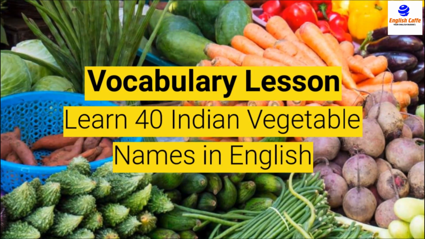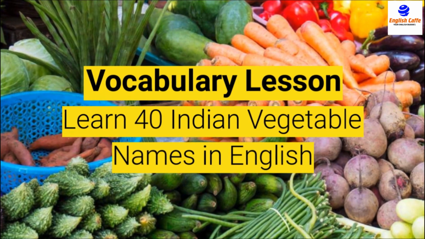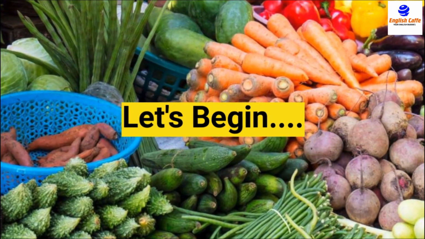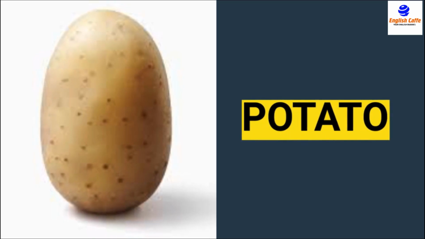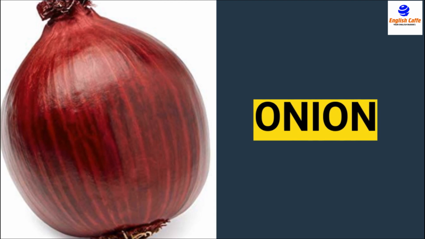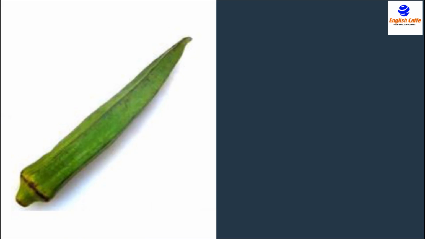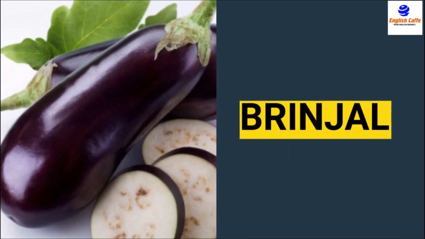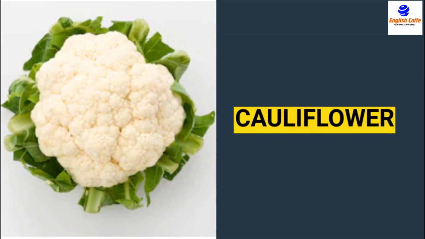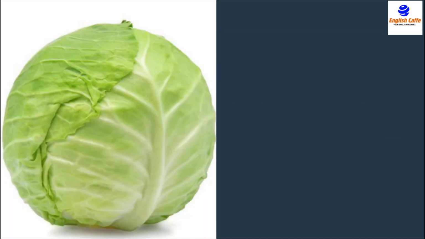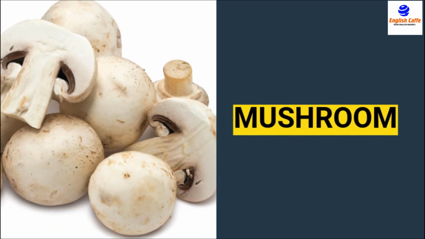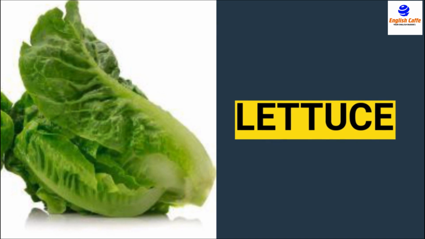In this vocabulary lesson, you're going to learn 40 Indian vegetable names in English. Let's begin. Potato, onion, tomato, ladyfinger, brinjal, cauliflower, cabbage, mushroom, lettuce,